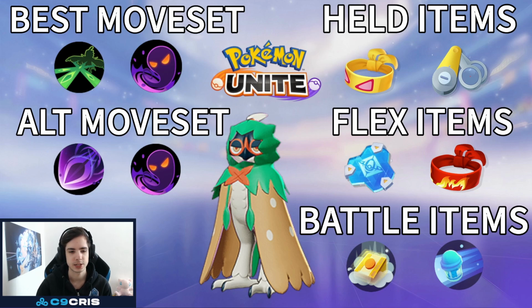For the held items, I personally prefer Muscle Band and Scope Lens, just 2 very heavy damage items that scale very well with Decidueye. And then for flex items, this kind of depends. Do you play Spirit Shackle? I think you can go Focus Band, since you play from very far away and you don't really get dove. But if you play Razor Leaf, you're kind of in the midst of things sometimes, and then I would